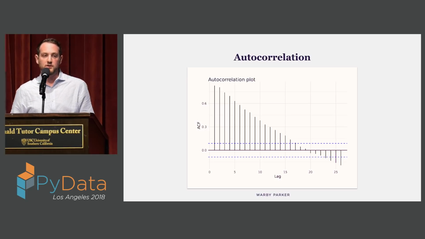And by the way, if you had a chance to go, there was an excellent time series models tutorial yesterday where we went over some of these things. But anyway,